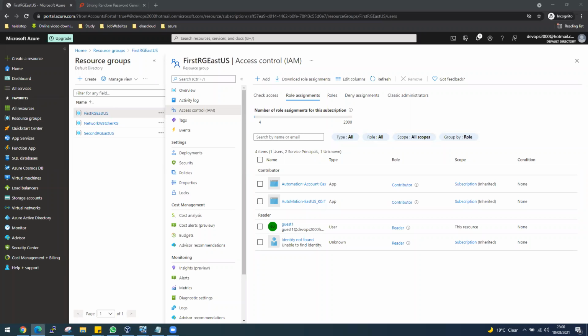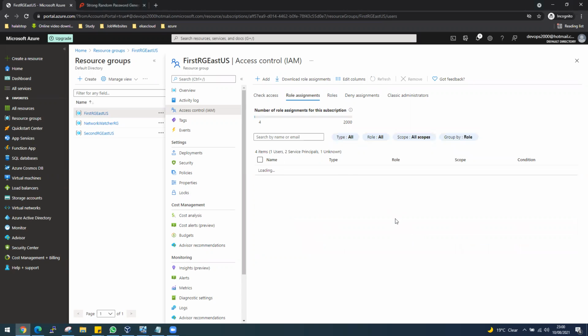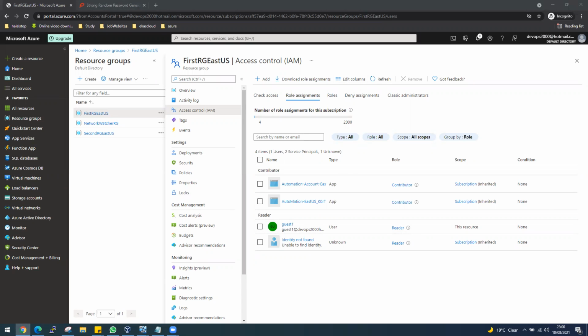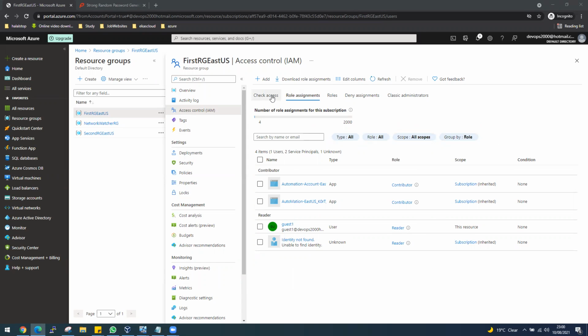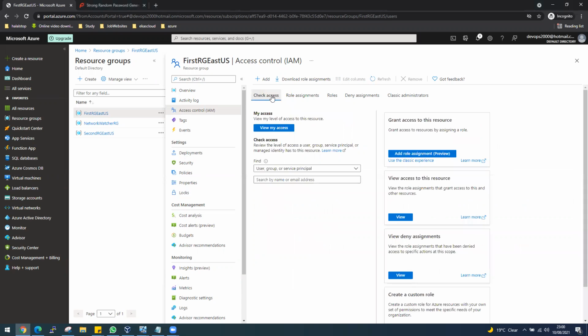So what we were testing, it just has read access here. If I refresh, because of read access, it can't stop the VM. So let's try to change the access. If I go to check access here and do add a role assignment,